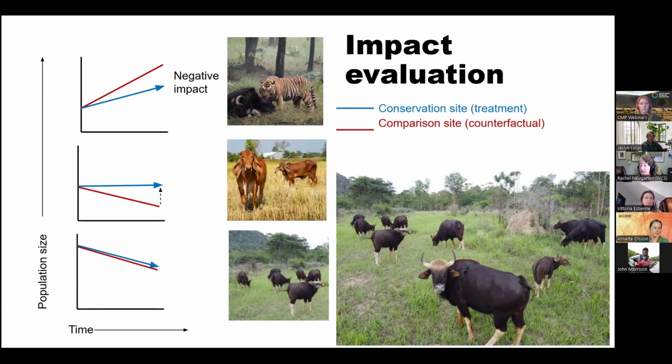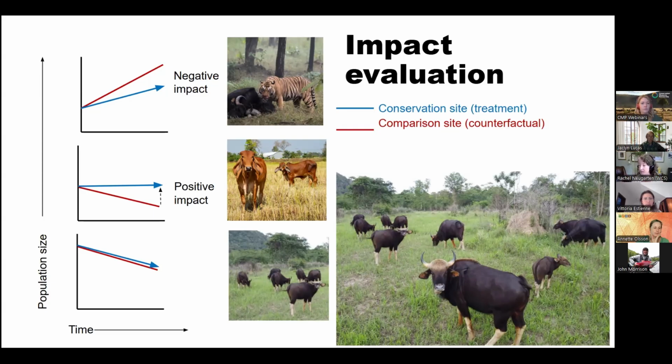At the second site, you have information from a comparison site that got invaded by domestic cattle that introduced a disease, and the population at your conservation site held stable. But you have reason to think that if it weren't for your conservation actions, the population of gower, because of this disease introduction, actually would have declined. So your impact at this site, even though the population is stable, is actually a positive effect.